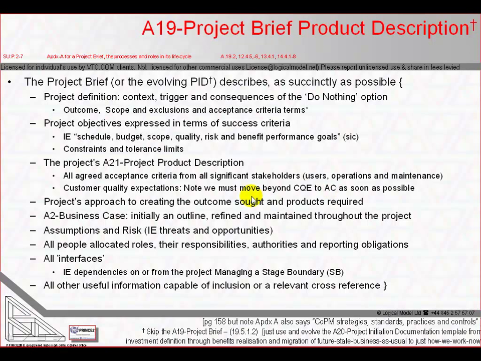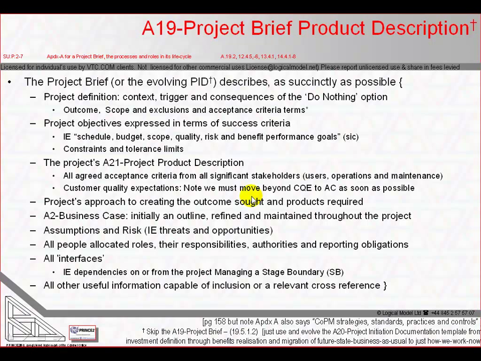Obviously, moving from customer quality expectations to acceptance criteria is a journey that takes time. So while it starts in starting up a project, it may proceed through initiation and in reality sometimes beyond, but